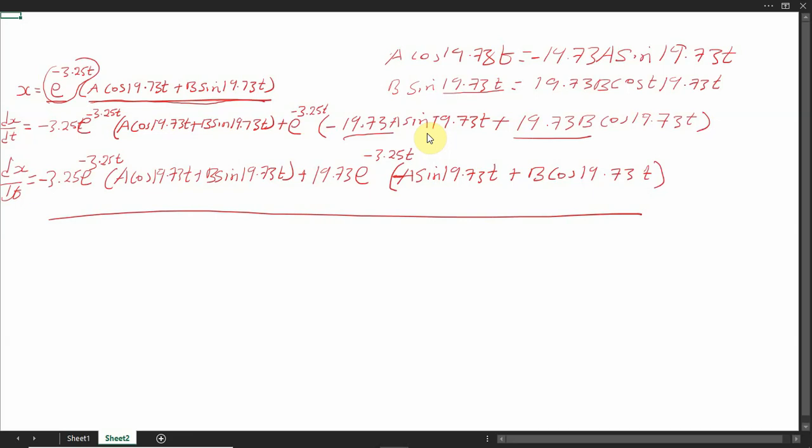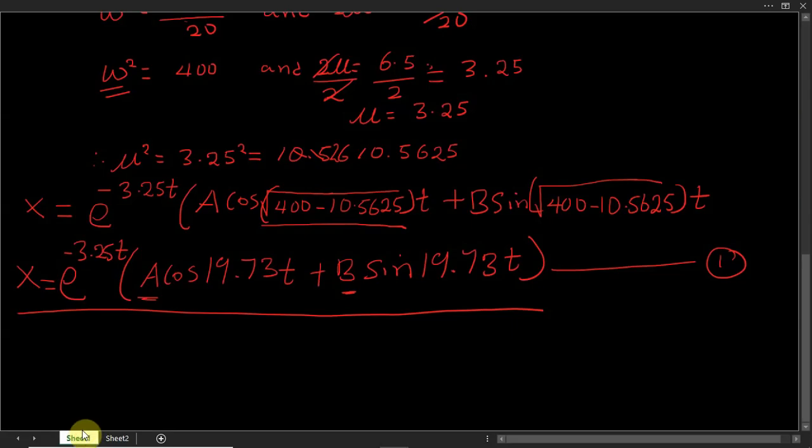So we're going to write this here as dx/dt equal to negative 3.25 e raised to the power negative 3.25t in the bracket of a cos 19.73t plus b sine 19.73t,